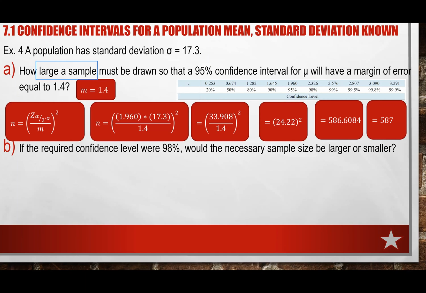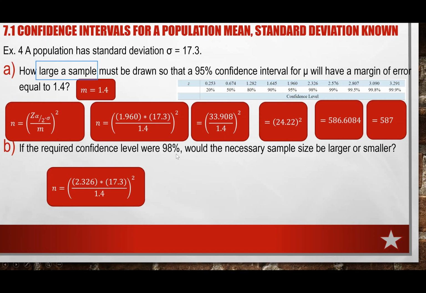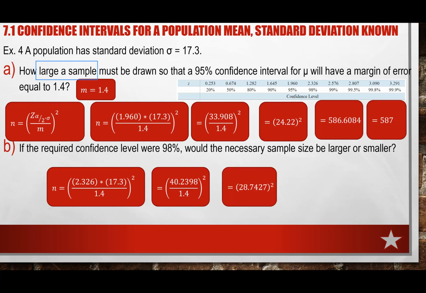Similarly, for 98%, the only thing different is that instead of using 1.96, I have to use 2.326, which is my critical value. Everything else is the same. Everybody agree on that? So 2.326 times 17.3 gives me 40.2398, divided by 1.4 gives me 28.74, and I square this to give me